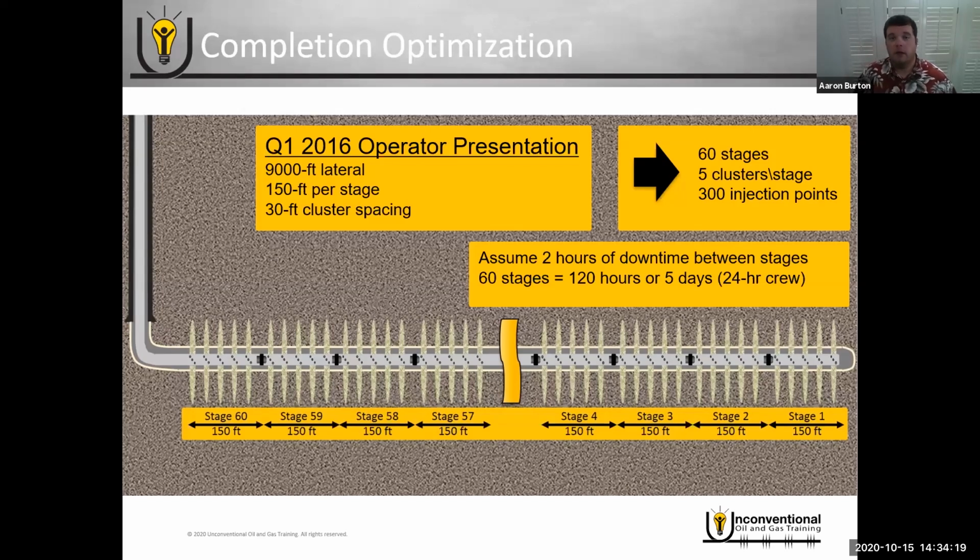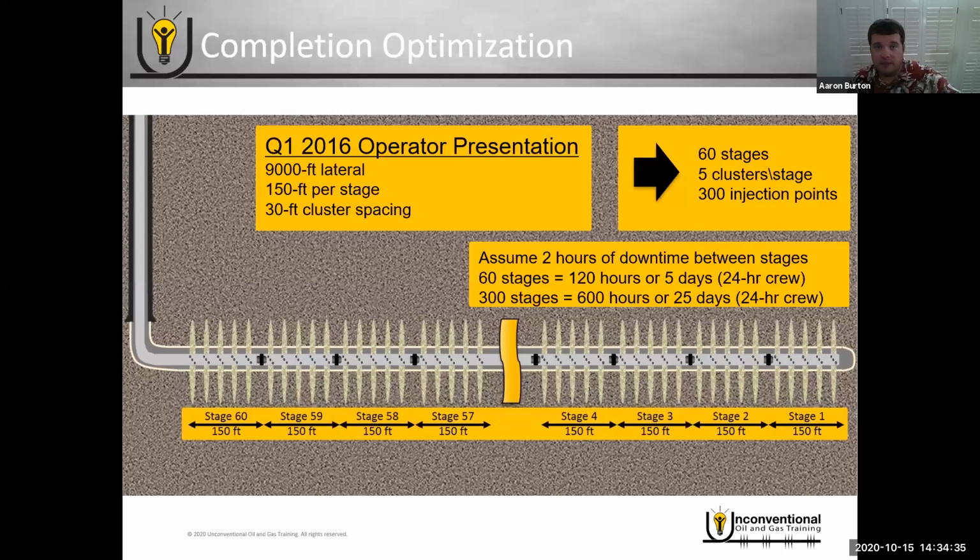If you tried to break that into 300 stages, you'd be looking at a 25-day non-productive time. So a very, very significant amount of non-productive time just to run your